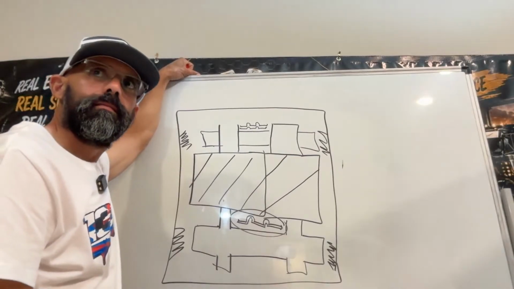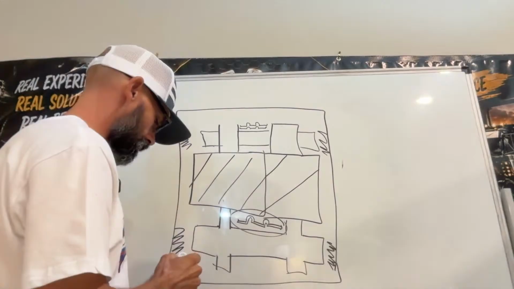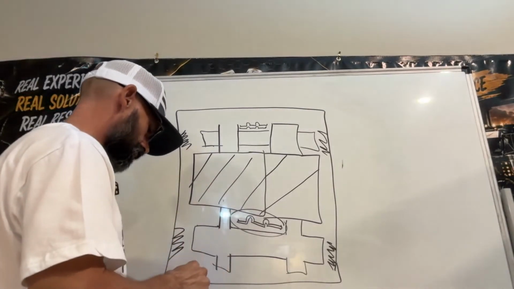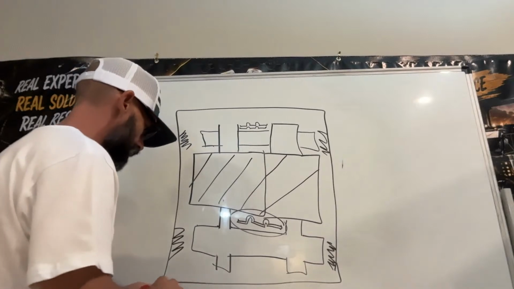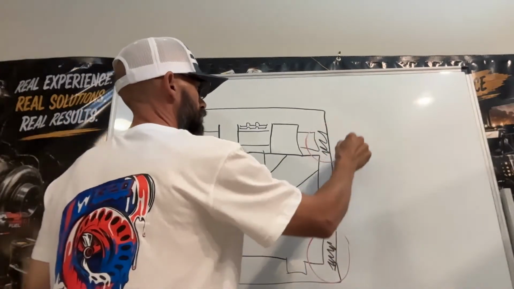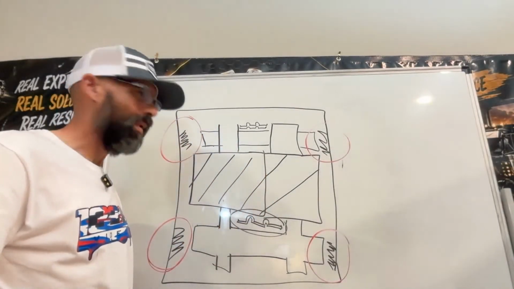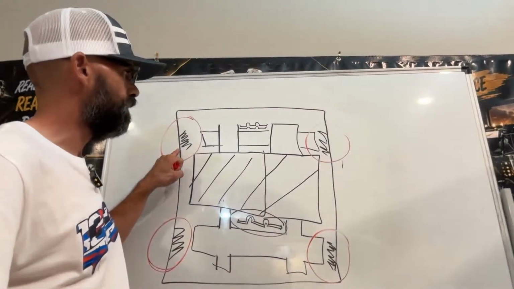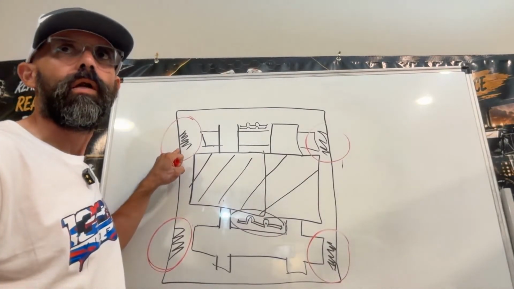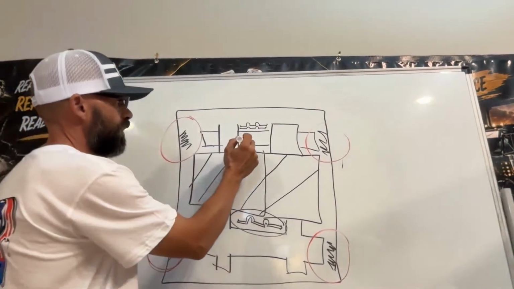Why is that? Why do I have scrape marks inside the housing? Specifically on this section right here, and right here. What happened here? Why do I have those scrape marks inside the aluminum housing? You want to know why? I'll tell you why. Because this place right here,